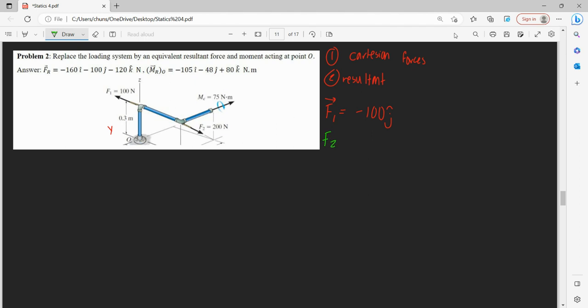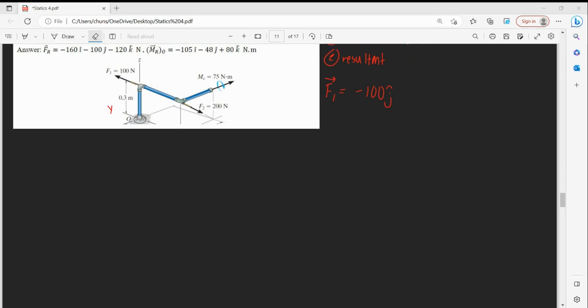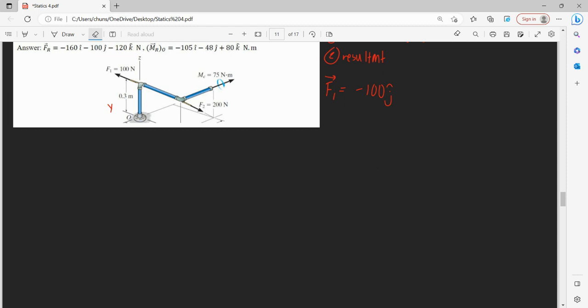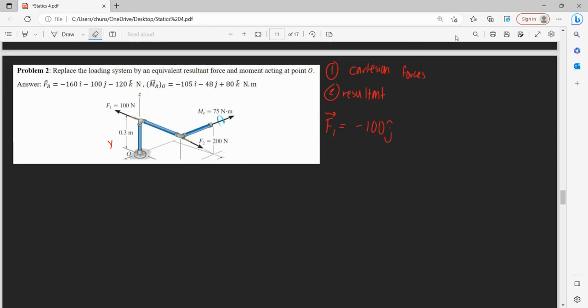And let's say this is our positive x direction. For F2, oh sorry, we'll start with F2 first. So sorry, coming back to this now. I'm going to start with this moment directed here, so this is MC, and let's say this is our negative I direction, so this is our x-axis here, so then this would be negative 75 I direction. And lastly, for F2,